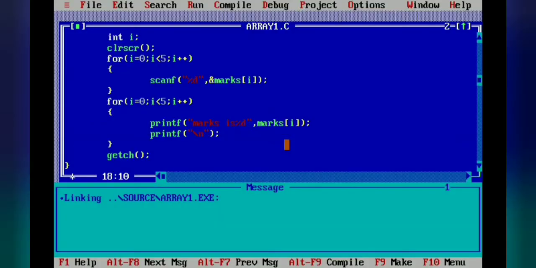Very easy, just one for loop is required to scan the value. And with the help of the scanf function, whatever input we give will be stored in this particular index number, that is mark 0, mark 1, mark 2, mark 3 and mark 4, because the size of the array is 5. So 5 indexes will be created from 0 to 4. And how are we creating this index value? With the help of our i variable, with the help of our for loop. So this is the concept of a one dimensional array, and in the one dimensional array only one row and column is there. So I hope you understood this one dimensional array.